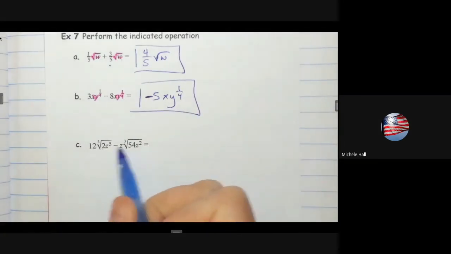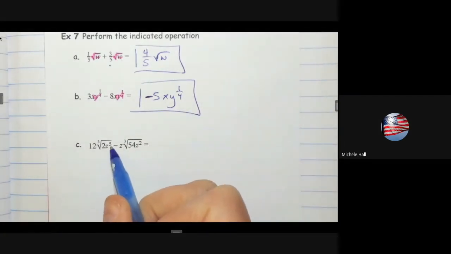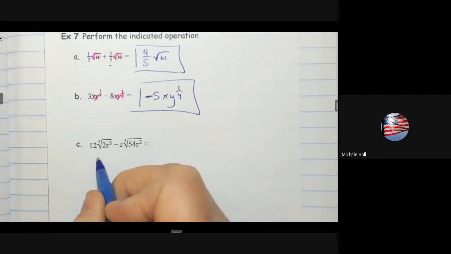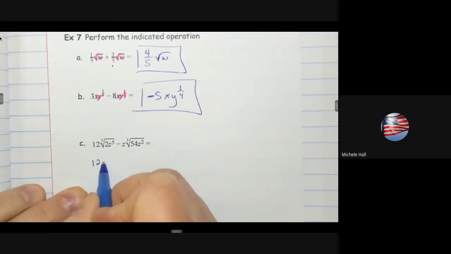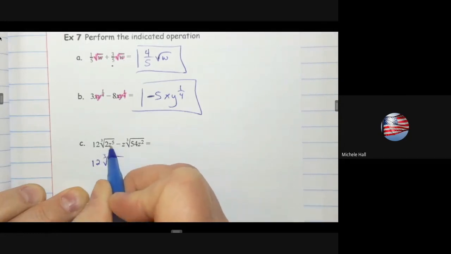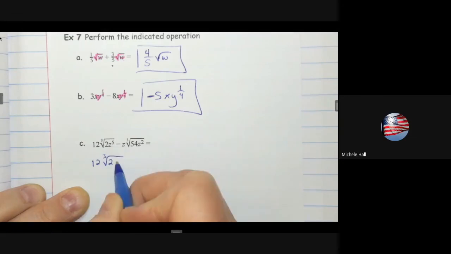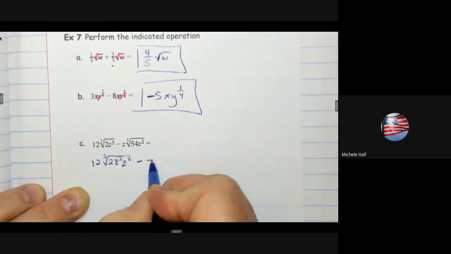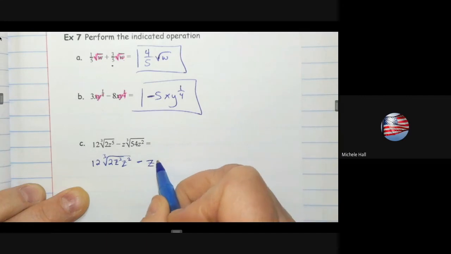All right, we have a cubed root, and we have 2z to the 5th and 54z squared. They need to be exactly the same. Let's try reducing down the cube root. We have a 2 that's going to stay in there, and then we have z to the 5th. How can we split that up to work out evenly? That would be z to the 3rd, and then we have z squared. It still adds to 5. Minus z on the outside, and we have the cubed root